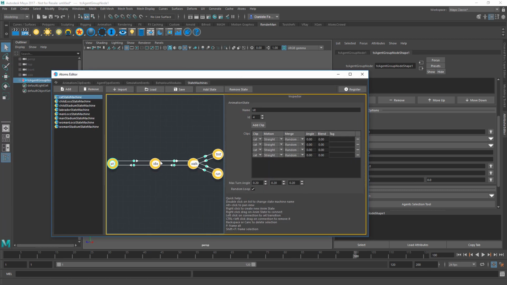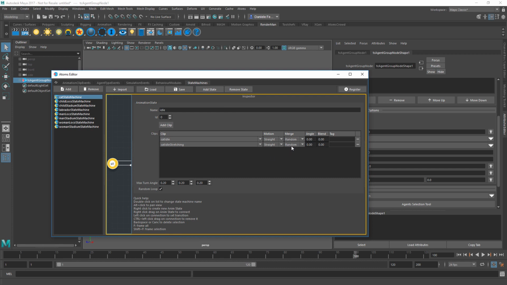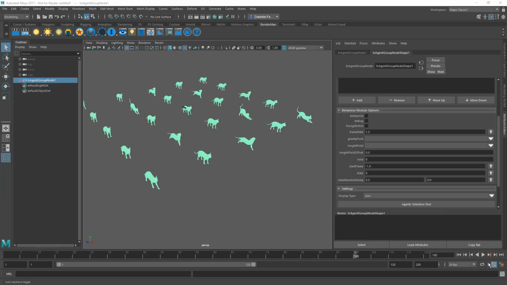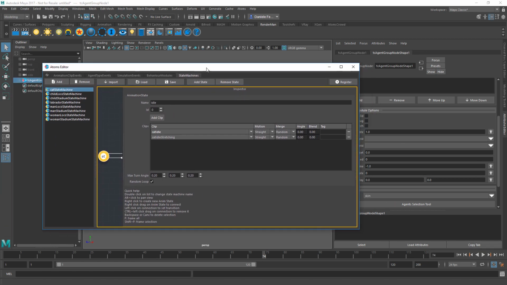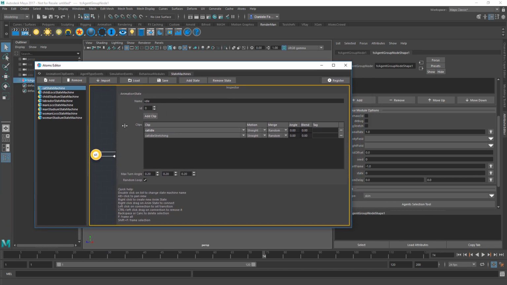And of course, if you don't want to see, for instance, the cat stretching, which is one of the clips, you can just use this one, like change the cat idle to exclusive. Of course, because the stretching is a bit specific, so it might look like they're all doing the same action. Hopefully, you're not gonna have a scene full of cats, but if you do, of course, you can customize it